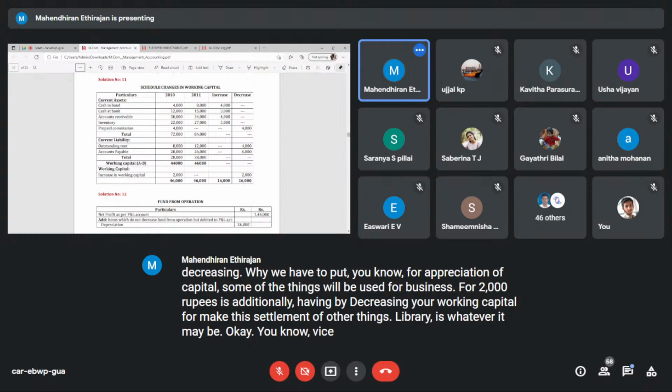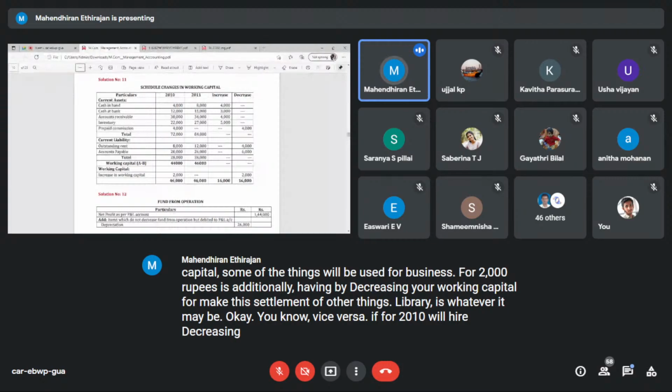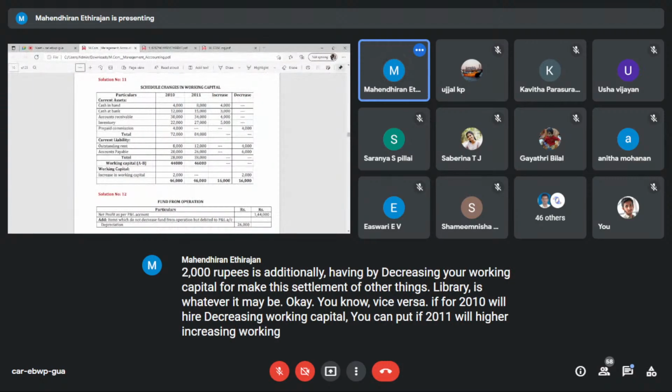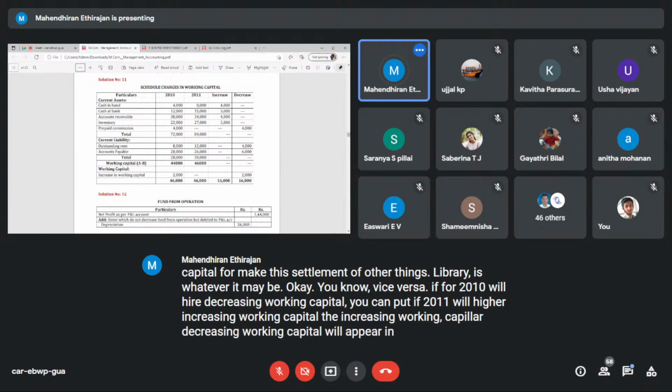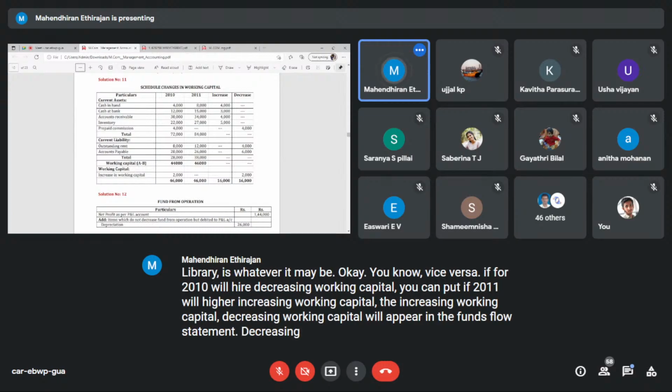Vice versa. If 2010 is higher, you can put decreasing working capital. If 2011 is higher, increasing working capital. The increasing working capital or decreasing working capital will appear in the funds flow statement. Decreasing means it's a source of fund. Increasing,